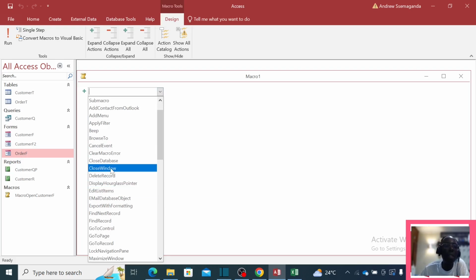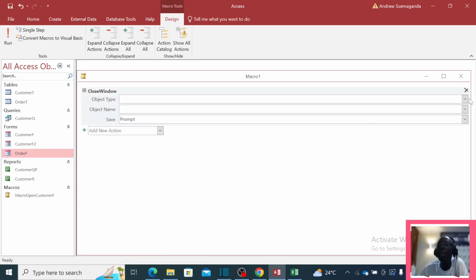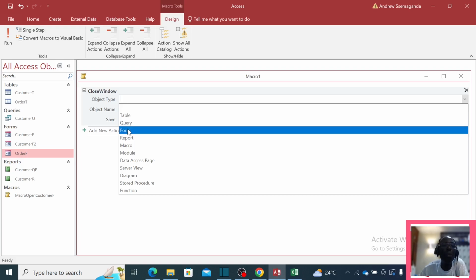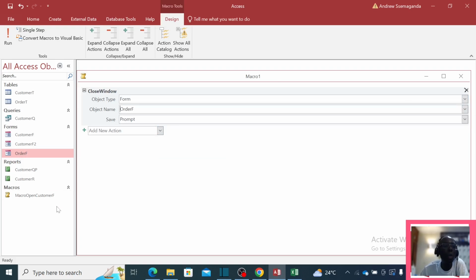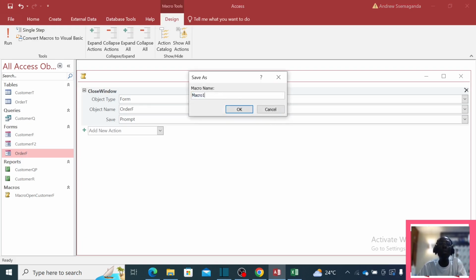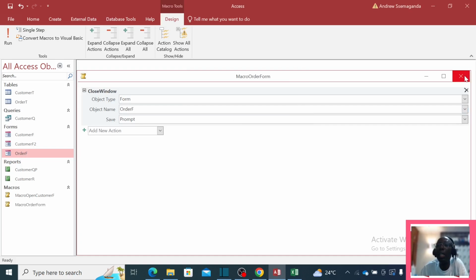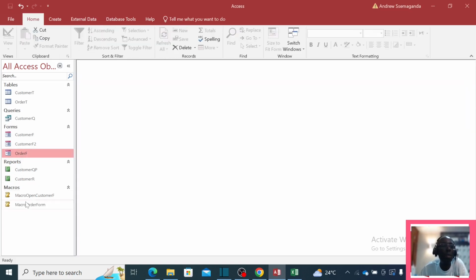Of course, here it is showing close window. Which window? A form. And what's the form name? I want to close the order form. So we are creating a macro that will close that form, and once I do that, I say save, close order form. I say OK, and I close here. Of course, once I click it from here, it does nothing, but what you have to do, you go and